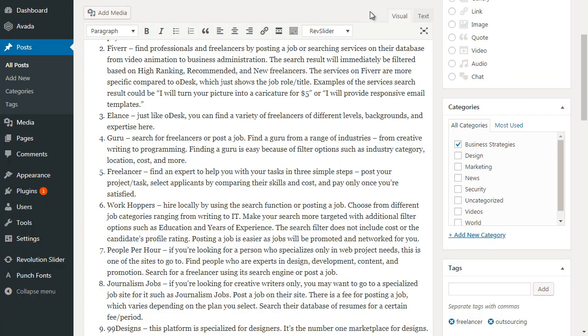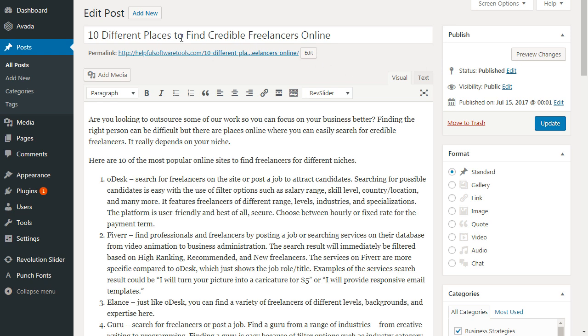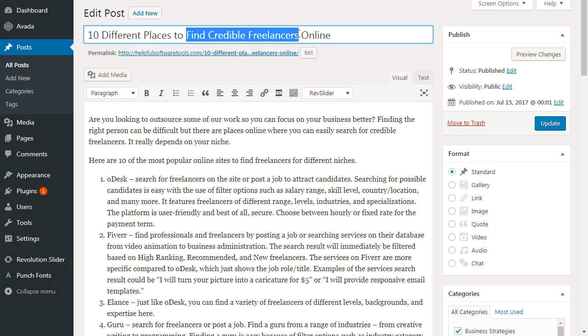As far as the body text and the other factors, I'm going to stick with the exact same post that we looked at in the previous video with the URL structure. So up at the top, if we say that our main keyword is maybe places to find credible freelancers,